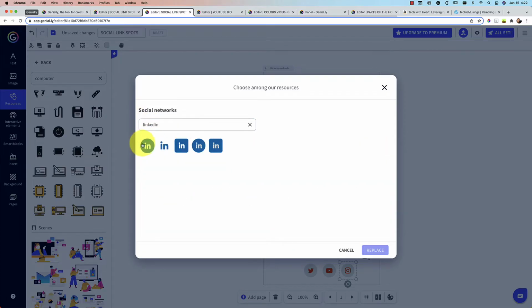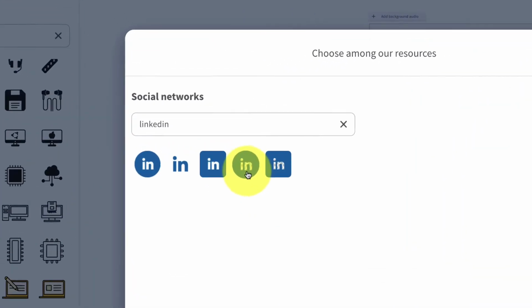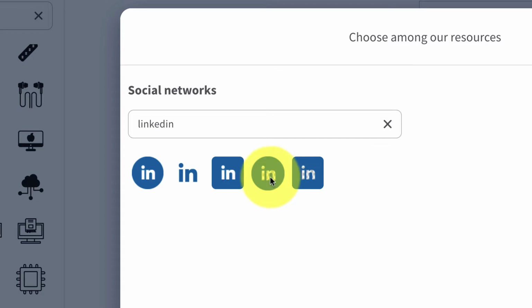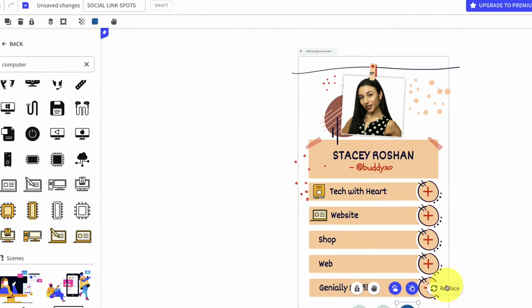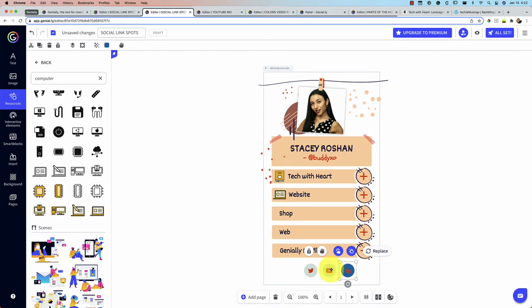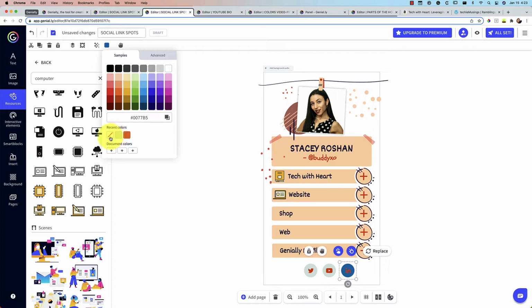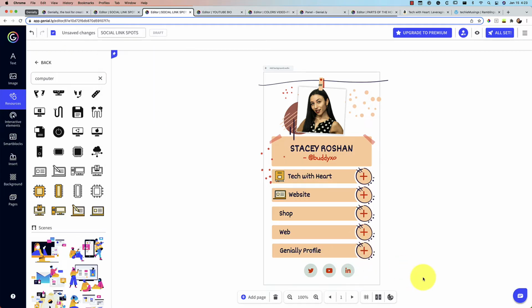And what you want to do here is make sure that it is the transparent type, because I want the orange to pop through. I'm going to show you how that works in a second, but you can see this is a transparent type of background, whereas this one is a white filled in. So choose the one that's transparent, press replace, and then it doesn't look right because these are this light blue and this is a very dark blue. So you just go up here into the colors, and what's really nice is that recent colors are here. So these are the colors that were already in your creation. Go ahead and just choose that blue color and boom, it replaces.